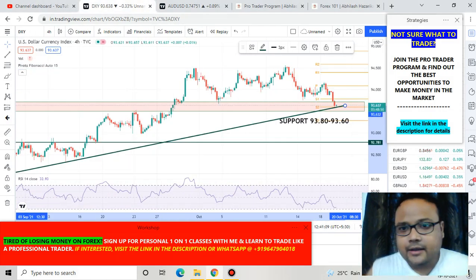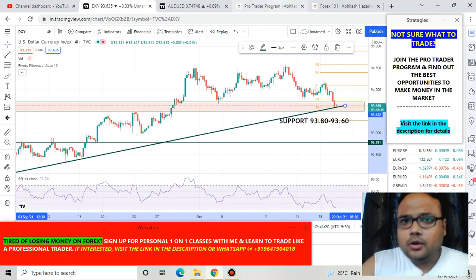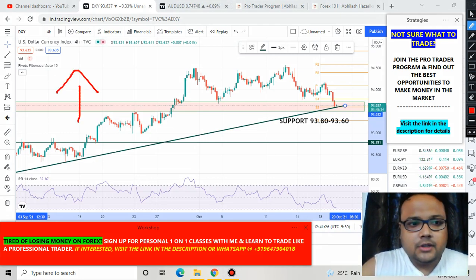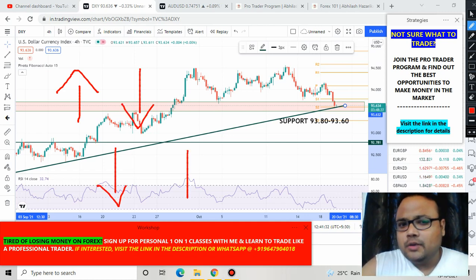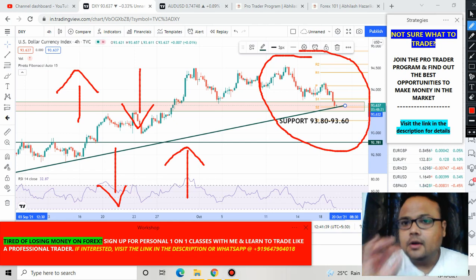And on the other hand, if we look at the chart of DXY, the US dollar, we can see that DXY is also in a very critical position. Why? Because we all know that the DXY US dollar has a correlation with AUD USD. Whenever the US dollar goes up, we see the Australian dollar going down, and whenever the US dollar goes down, we see AUD USD going up. Right now there is selling going on in the US dollar,